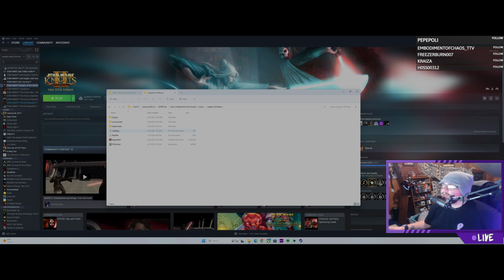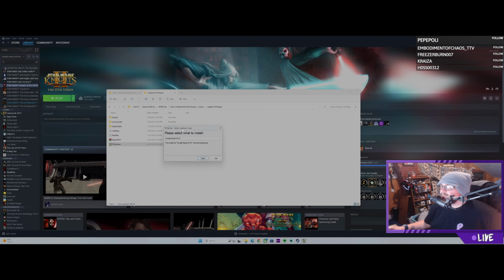Alright, so we have adaptive HK repair here. What adaptive HK repair does is it makes it so when you are putting the parts into HK to rebuild him, as you install the vocabulator and the chassis and all those other parts, it visually applies it to HK. So when you're looking at him, you can kind of see your progress when you put them in there. We're just gonna go with